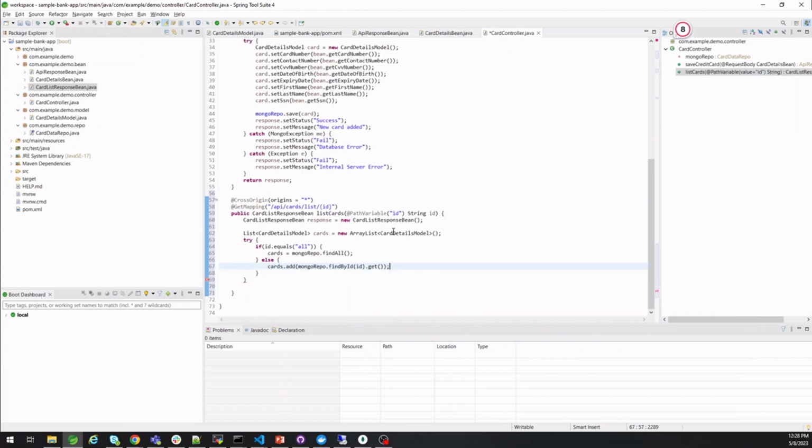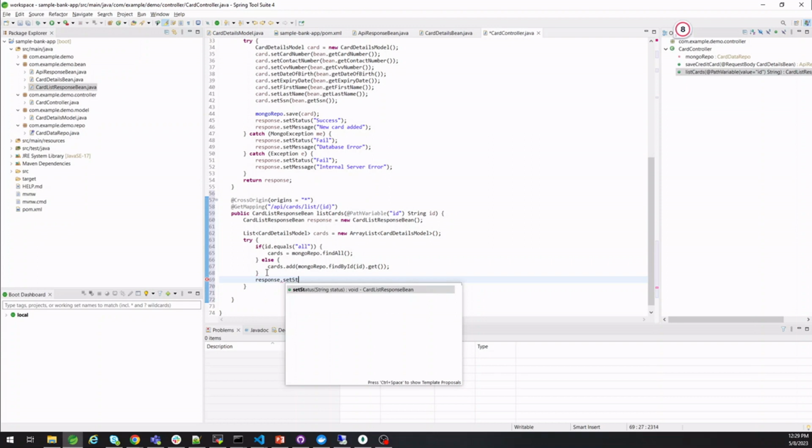And I'm adding that information, the record that I found by this particular ID. I'm going to add that information in the cards list. So at the end, either I'm going to return all the cards, or I'm going to return that card which is specific for that particular user ID. I have my cards populated, so I'm going to add that to my response object